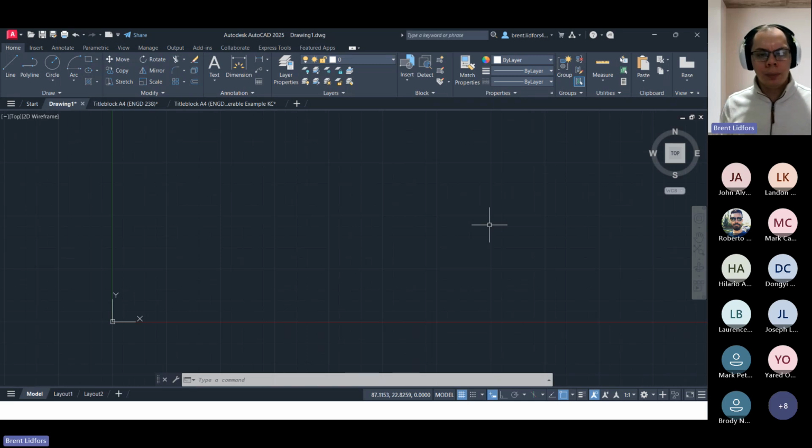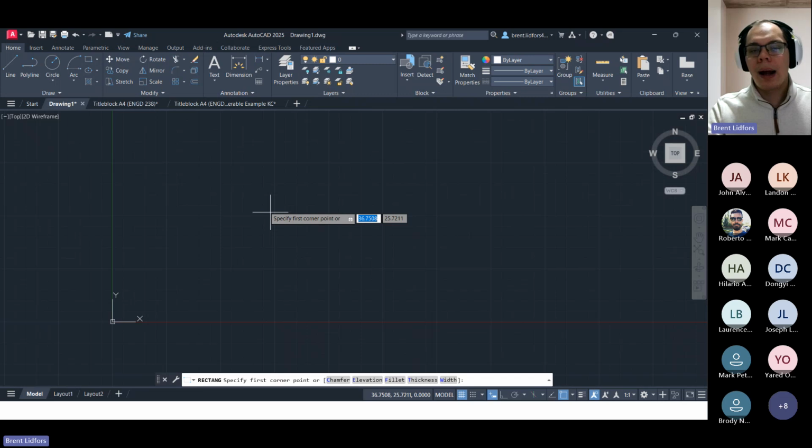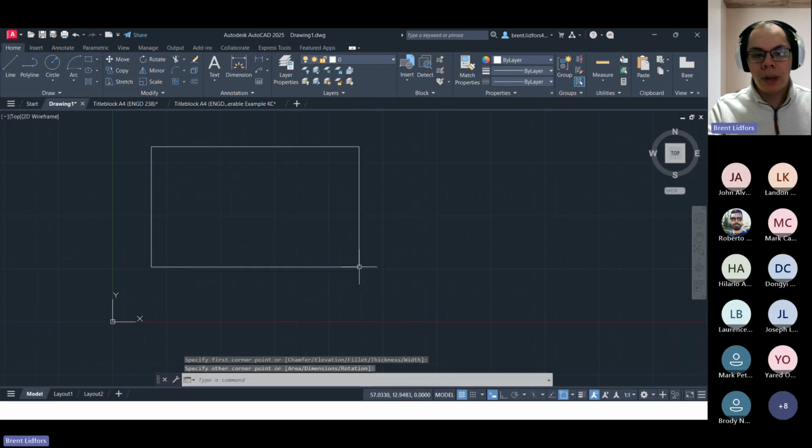So the offset tool is going to be another modify tool that we have. And this one's going to allow us to draw lines or duplicate lines a certain distance away from some sort of existing line. So there's going to be an offset line parallel to a line that we previously created. It's a bit of a vague description, but I'll kind of show you what that means, and that'll be a bit more obvious. So I'm going to draw a rectangle here, and I'm also going to draw a right angle with a couple lines,